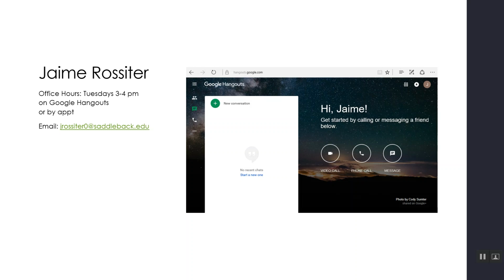If you've never used Google Hangouts before, basically you just go to hangouts.google.com. You can sign in with any email address. You don't need to have a Gmail address. You can set it up with any email address, and you can find me at my email address there, jrossiter0. The 0 is very important, as there used to be a different J Rossiter who used to teach at Saddleback. So